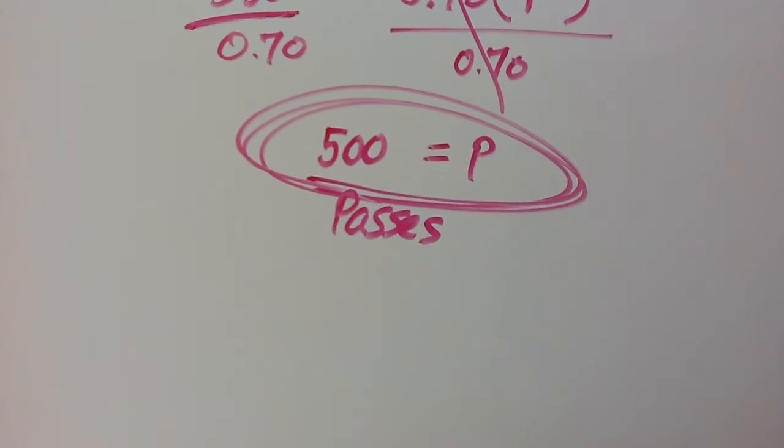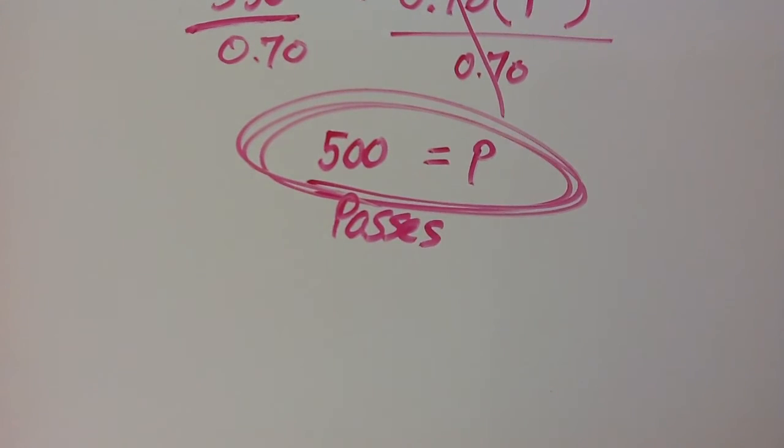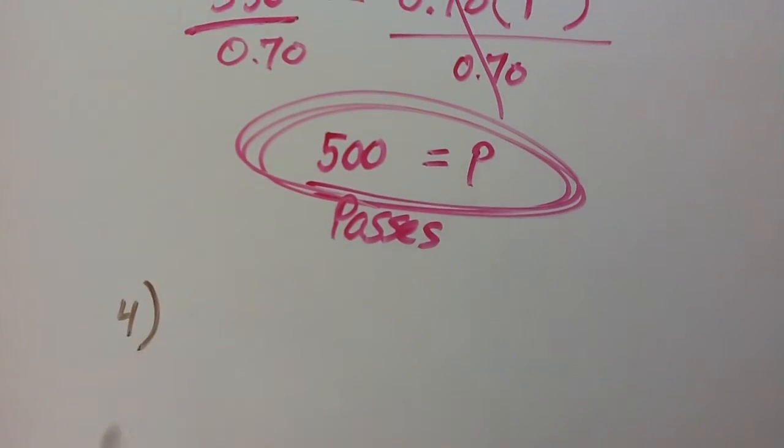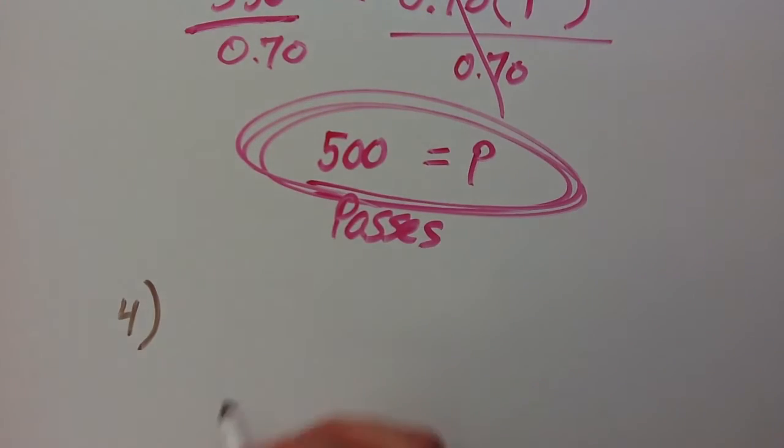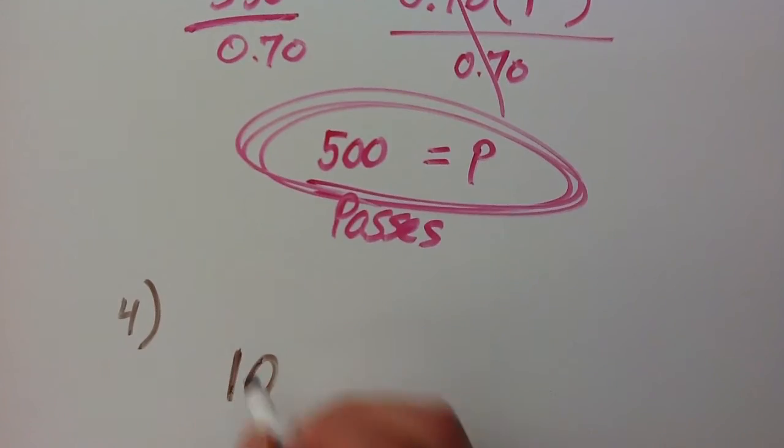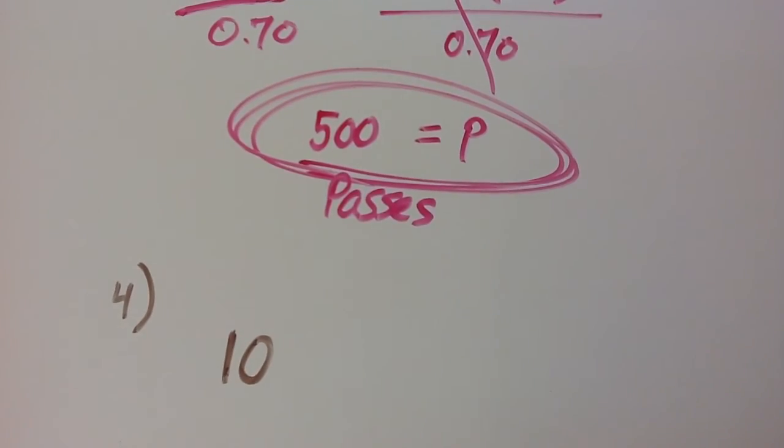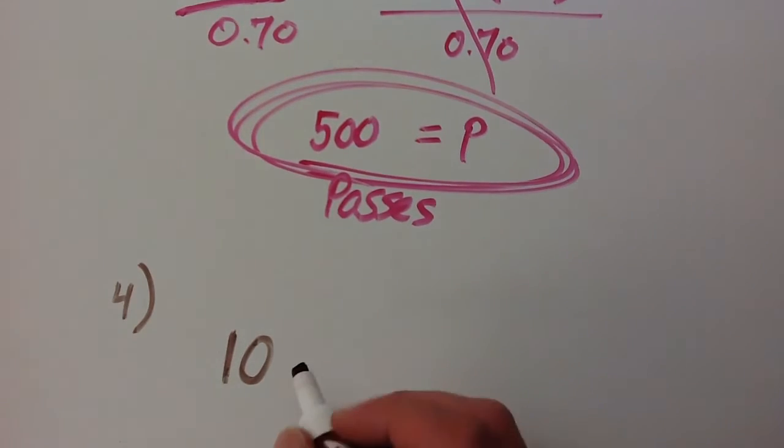Okay, number 4. It says, when a grizzly bear hibernates, its heart rate drops to 10 beats per minute, which is 20% of its normal value. What is the grizzly bear's normal heart rate when not hibernating? All right, so this is number 4. What does it tell us about the grizzly bear? Its heart rate is how many beats per minute? Its heart rate is 10 beats per minute. And then it says which is, key word there, right? When you see the word is, that should send red flashing lights in your mind, because you know you're going to write the equal sign. So 10 beats per minute, which is